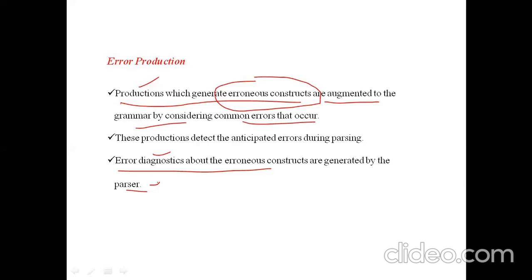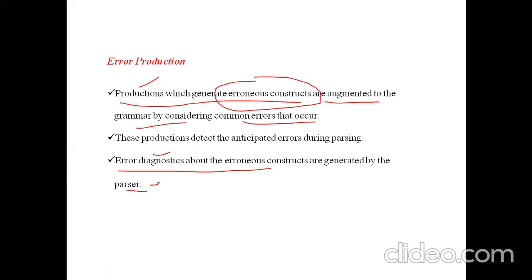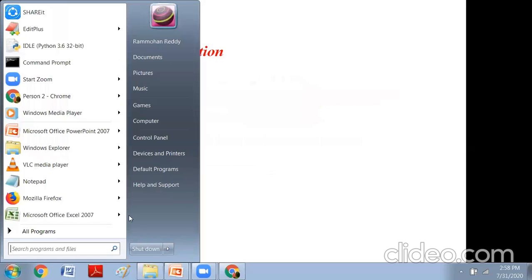Same thing here. Error diagnostics means the identification of the error. Using the error augmented productions, the parser will do the error diagnostics. For example, if we take an example, I have seen the same example in the previous class also.